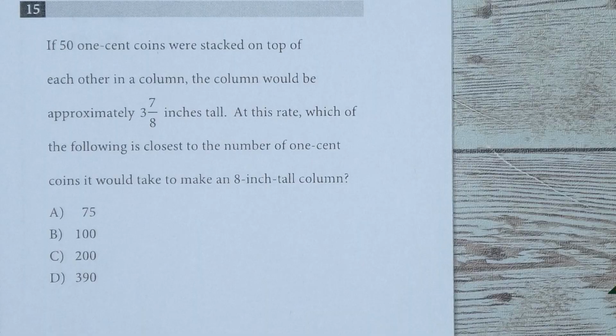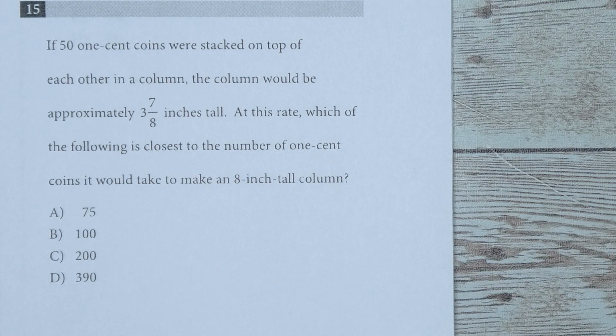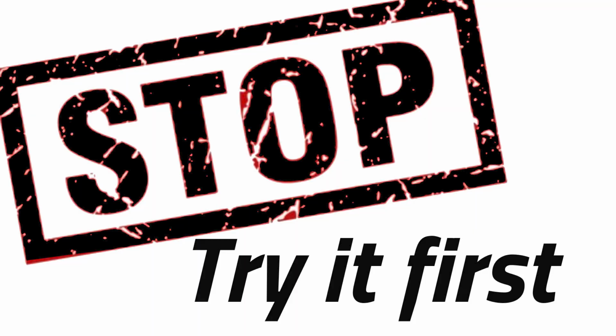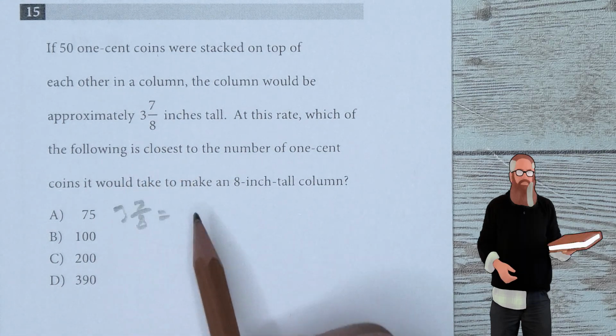D is the answer. If 50 1-cent coins were stacked on top of each other in a column, the column would be approximately 3 7/8 inches tall. At this rate, which of the following is closest to the number of 1-cent coins it would take to make an 8-inch tall column? So 3 7/8 as a decimal would give us